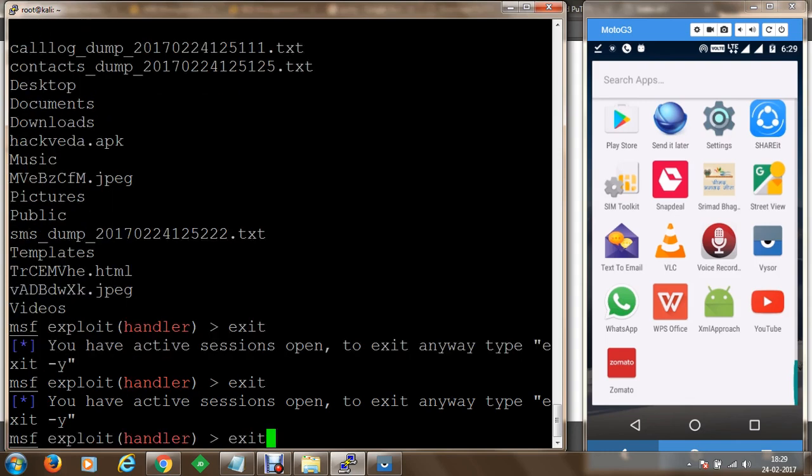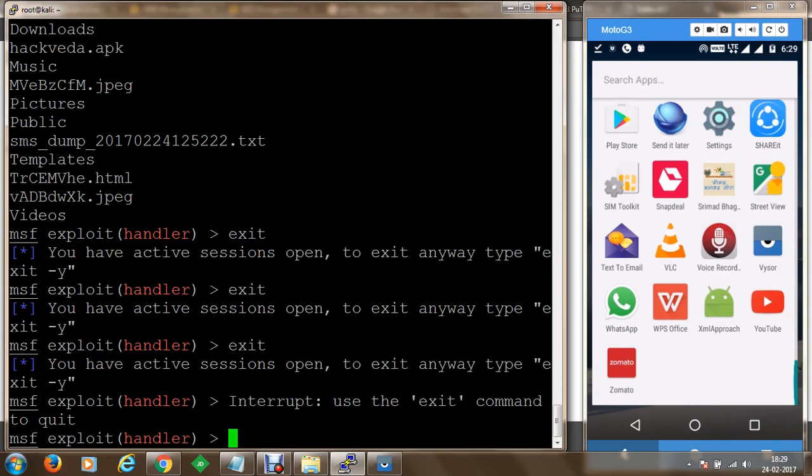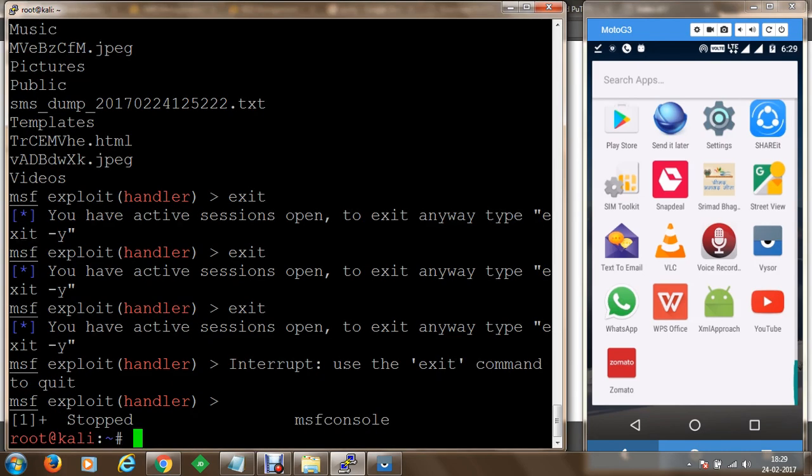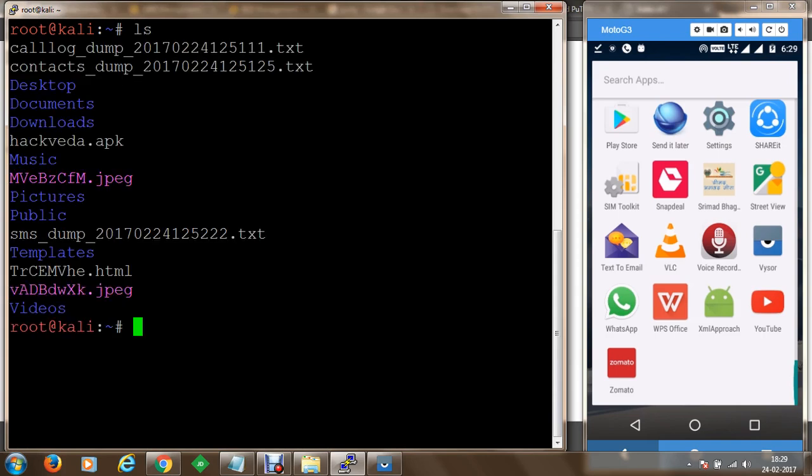So we have the exit. We're going to make use of the Control-Z command to come out of the Metasploit framework, and in the root we have the JPG file available. Since we have closed the session, we won't be able to receive the stream, but we can see the JPEG image which has been taken.